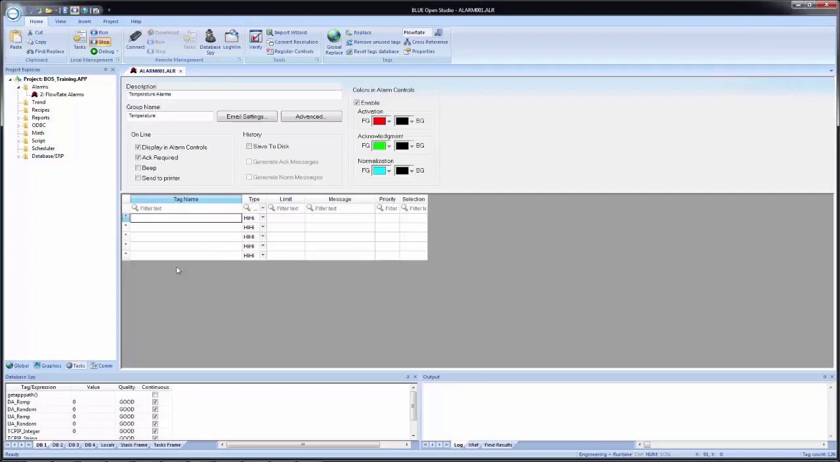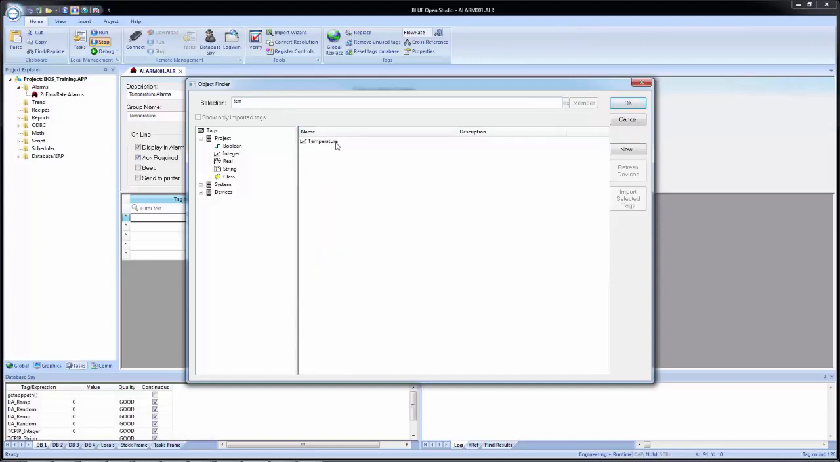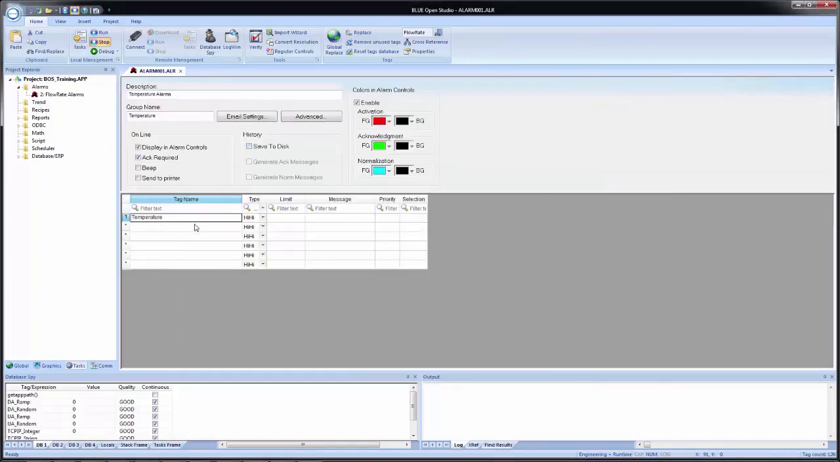So we have several columns. We have the tag name, the type, which corresponds to the type of alarm you want to select. Then we have the limit for that specific alarm, the message that corresponds with that alarm, and then of course our priority and our selection. And this is laid out very similar to what we saw in the tag properties when we set up flow rate. So for this one, we're going to use the temperature tag. And I will begin by right-clicking and select Insert Tag, and I will search for temperature. I'll enter that in. My first type is going to be high, and I'm going to set the limit at